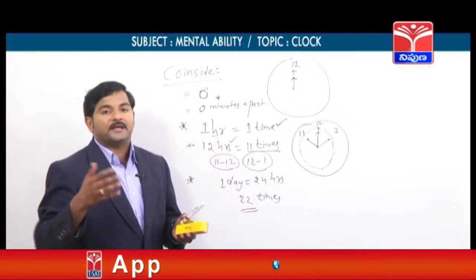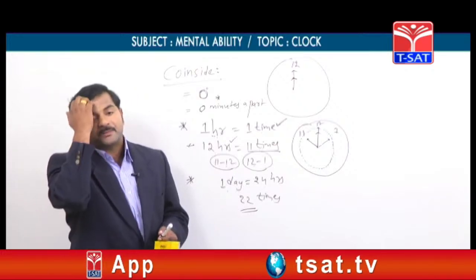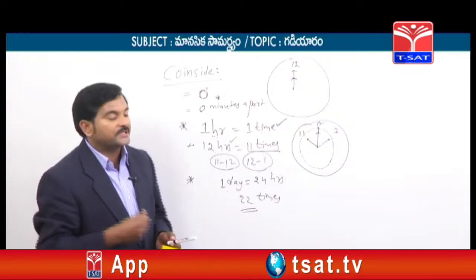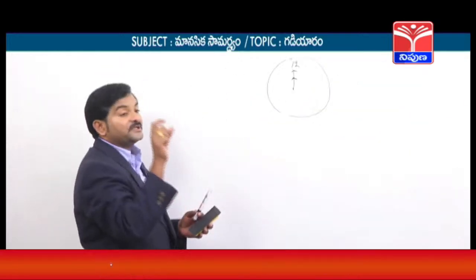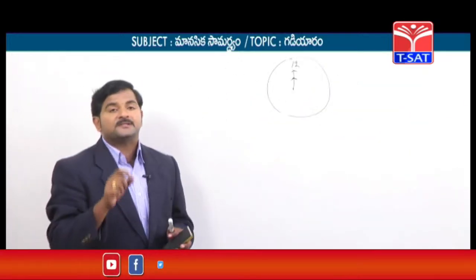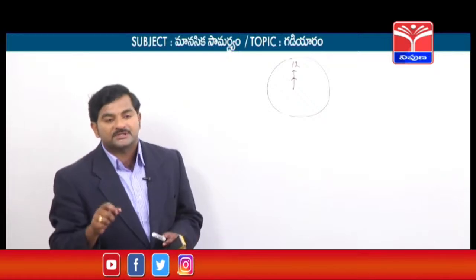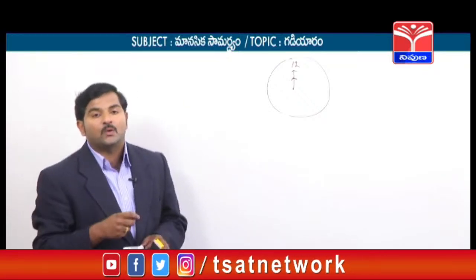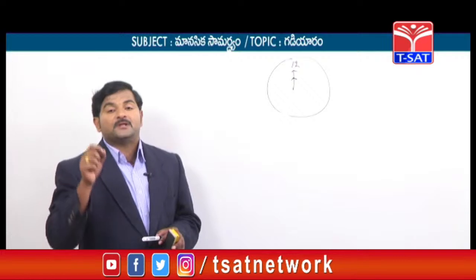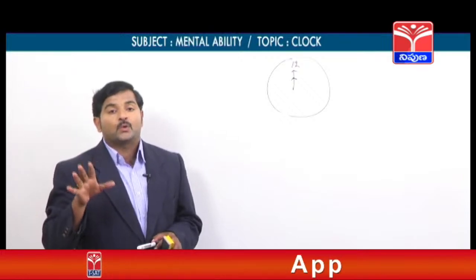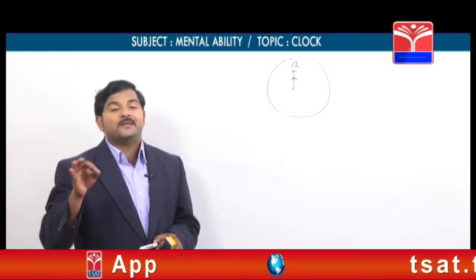So, two hands may be opposite, two hands may be perpendicular, or two hands may coincide. He mentioned the wording like this also sometimes. Instead of mentioning only opposite, sometimes he mentioned like this: at what time between 2 o'clock and 3 o'clock are the two hands of the clock on the same straight line